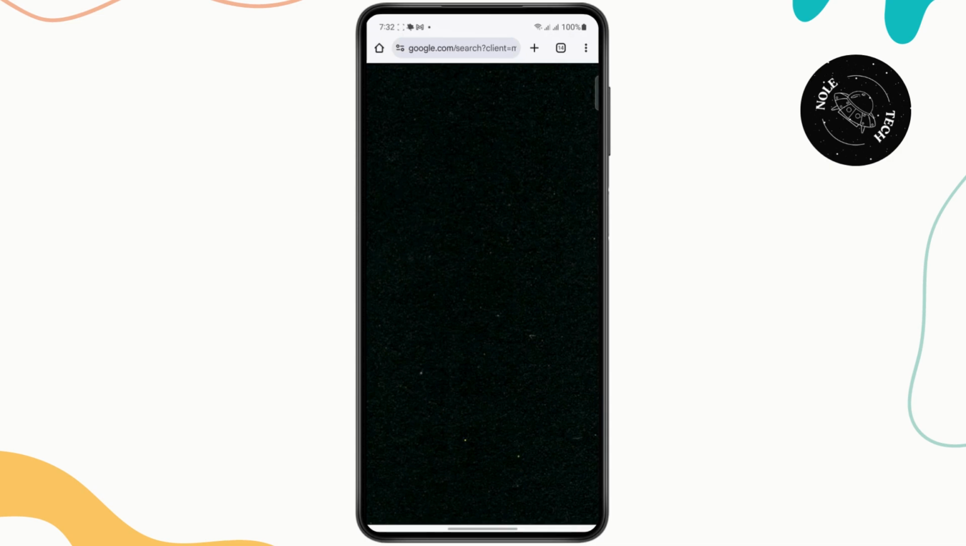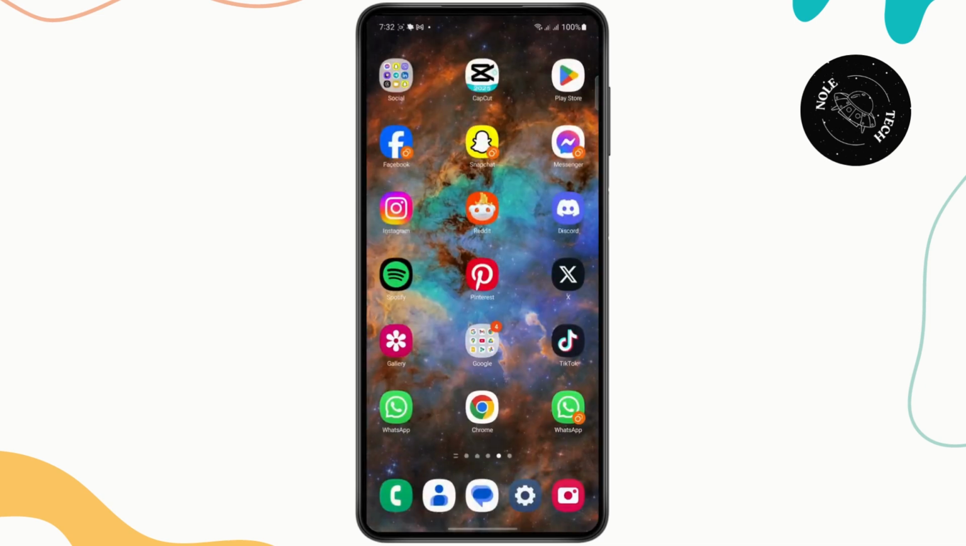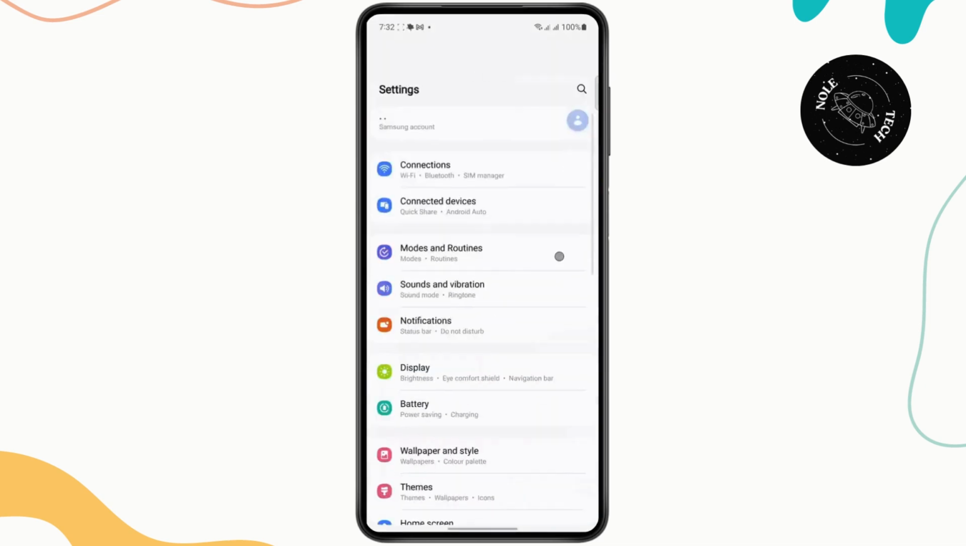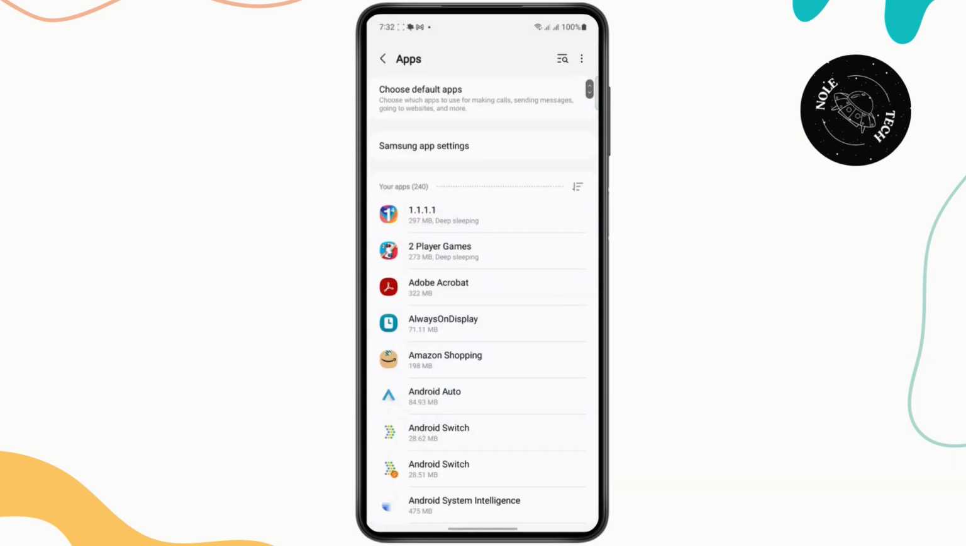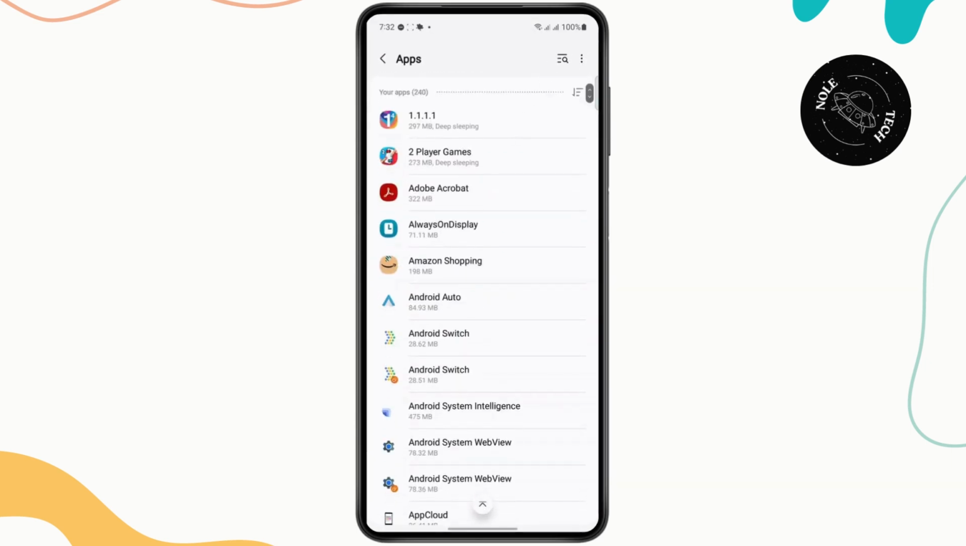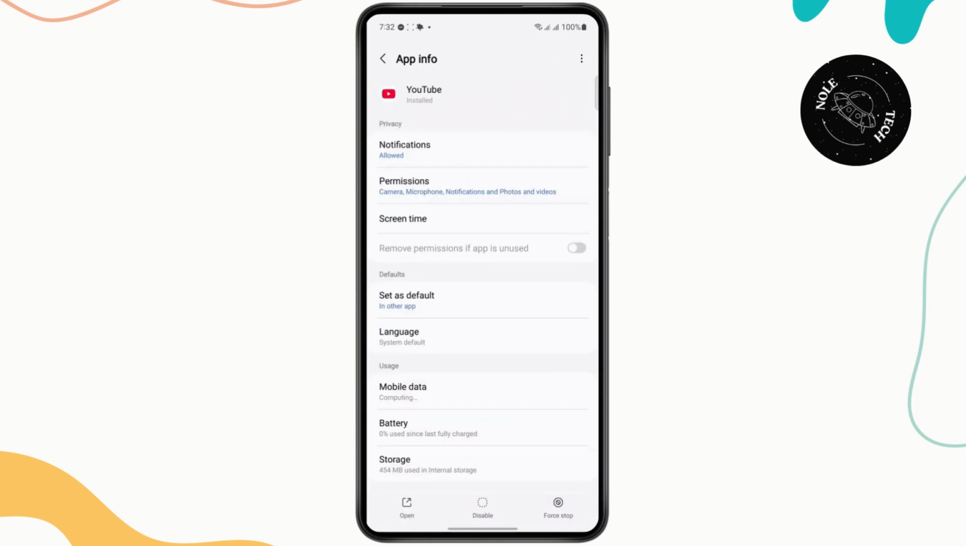So when you're trying to watch YouTube, you will face this black screen issue. If you're facing this, what you need to do first is open up your settings and then head over to your app management. Scroll down all the way until you find apps, and now you're just going to find YouTube right here. And once you find YouTube, what you're going to do is first tap on the force stop option,